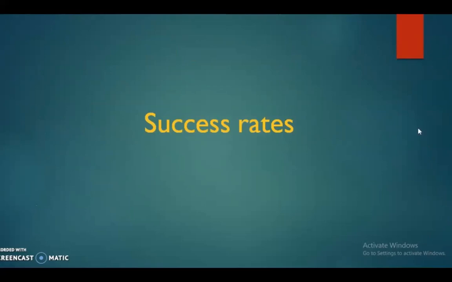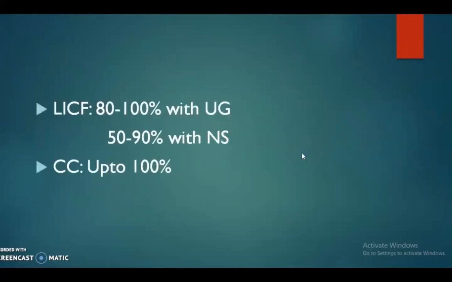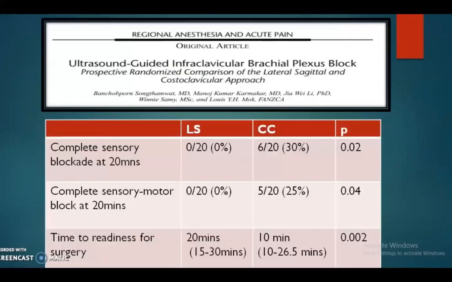The intraclavicular blocks have been shown to have quite high success rates in terms of blockade of the terminal nerves, irrespective of the anatomical approach. Both the lateral intraclavicular fossa and the costoclavicular approaches have shown fairly good success rates. This is the data from studies that used only one of the blocks. But what happened when both these approaches were compared?